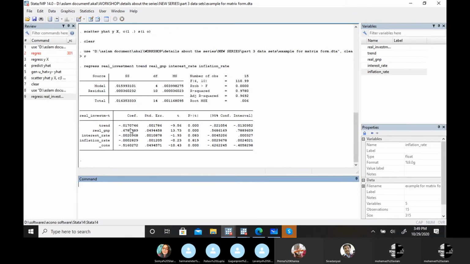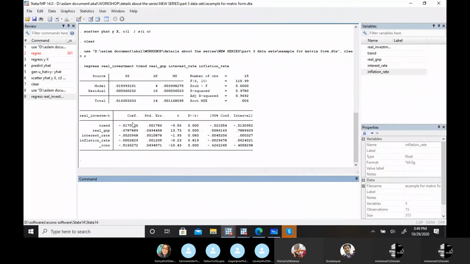Now all these coefficients: the intercept, this is our first parameter, beta 1 hat, then beta 2 hat, beta 3 hat, beta 4 hat, and beta 5 hat. The answers are from the matrix method. You can go with simultaneous equations and solve, but that will take time. Then you have to apply Cramer's rule or those methods which we apply in matrices, or you can just solve it by the matrix method.